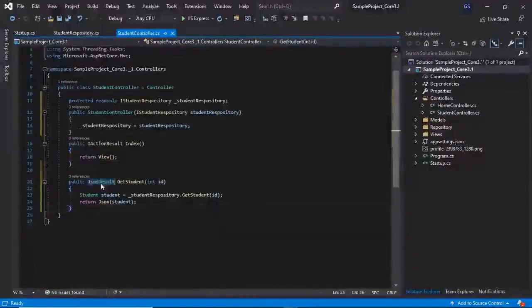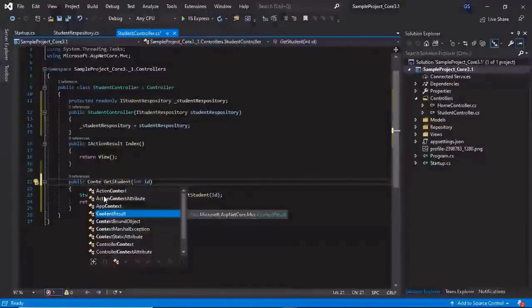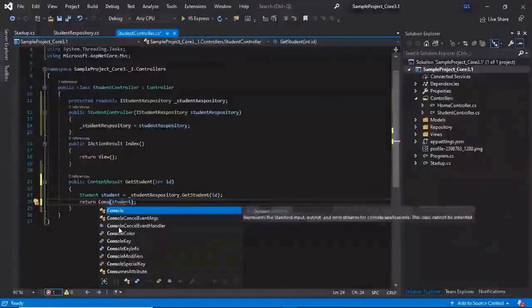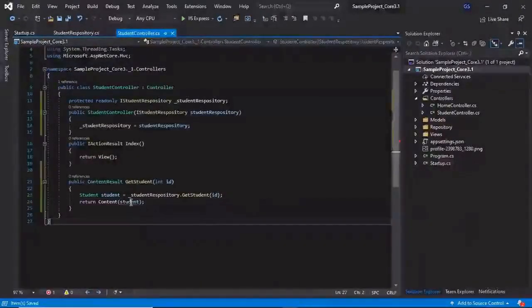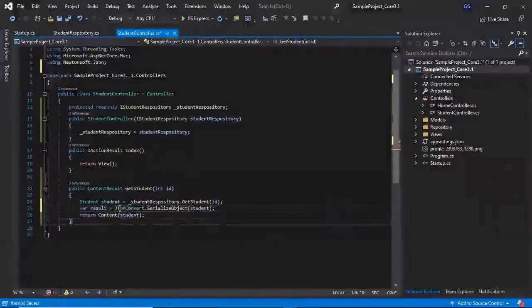Now let's change this JSON result to a content result, and let's return the content here. Content requires a string, so just serialize our object. We'll use JSON convert, just import the Newtonsoft JSON and return the result.